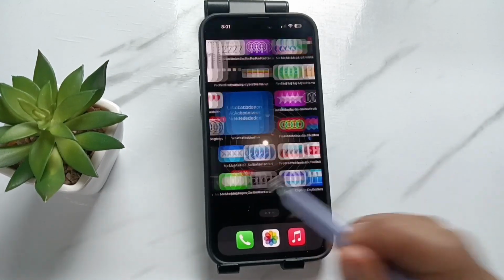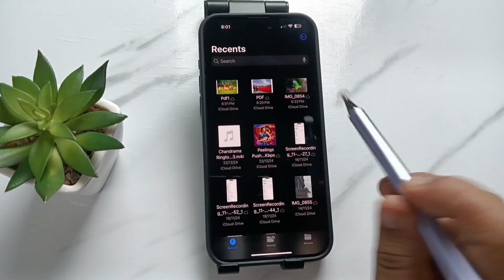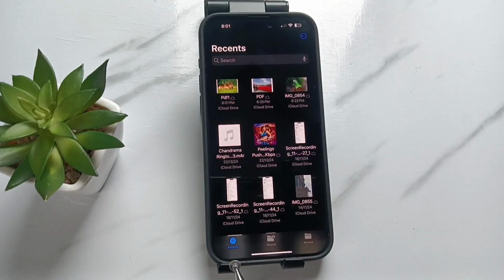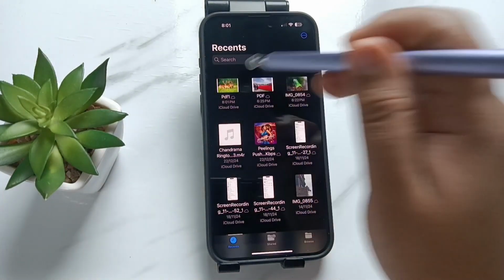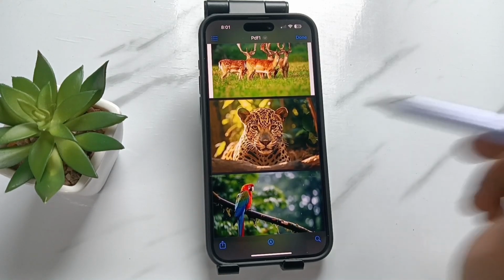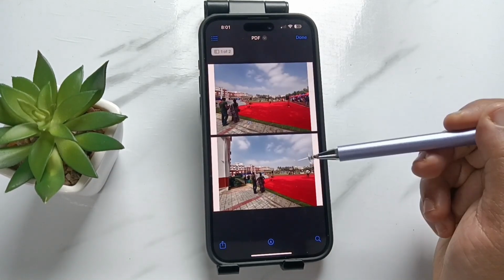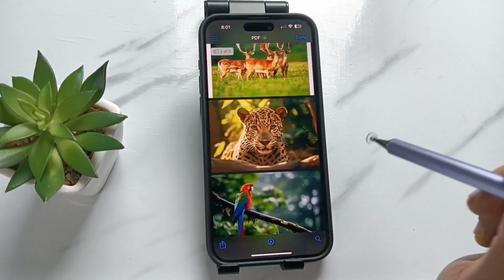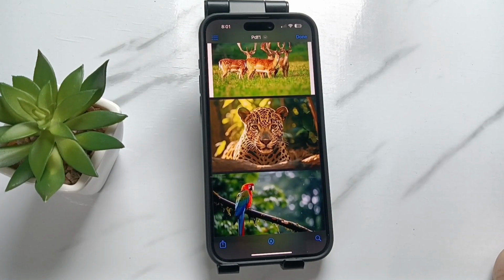Now directly go to your file application. Go to the recent. You can see at the bottom tab the option recent. You can see, right? Now you can see the PDF that we created. Same way I create this one also. This one also. So simply in this way we can convert the pictures to